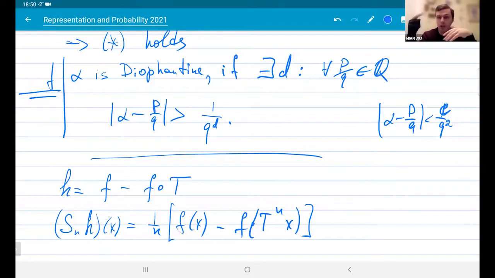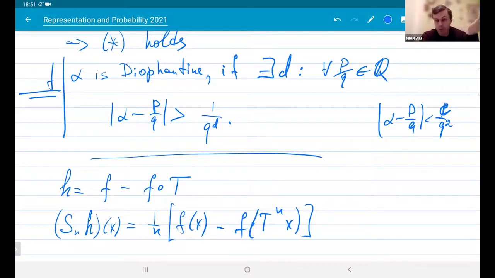So if these points are not close, we cannot guarantee that f at these points is small. And so if this difference in brackets is of the order of 1, then the whole thing is of the order of 1 over n. And of course, you can take f as smooth as you want, and then h is also as smooth as you want, assuming that T is again sufficiently smooth. So there are always some functions such that the rate of convergence is at least 1 over n.